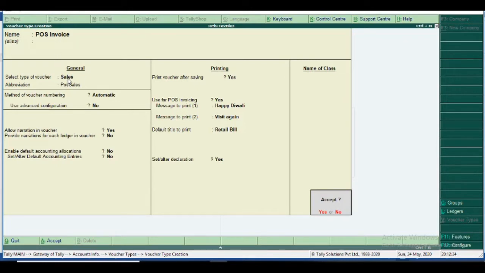But compulsorily you select sales as the type of voucher, and use for POS invoicing is yes, which is compulsory. If you have not given yes here, this is not a POS invoice, it is only named POS invoice, and does not act as a POS invoice. If you give yes here, this POS invoice acts as a POS. Then I accept it.